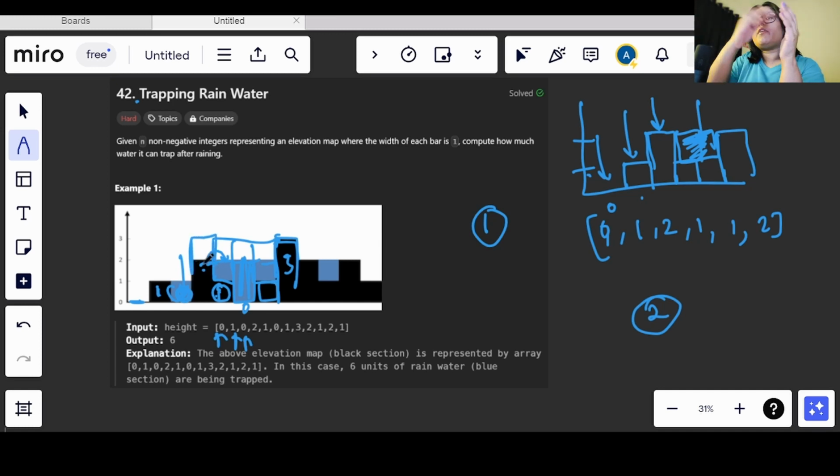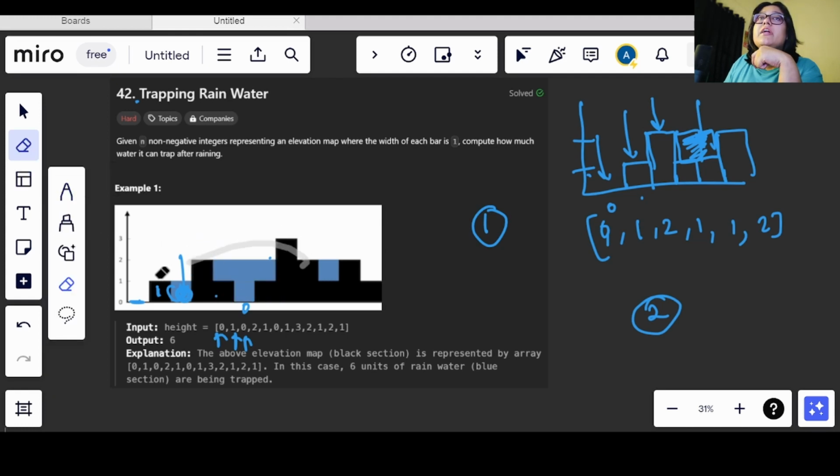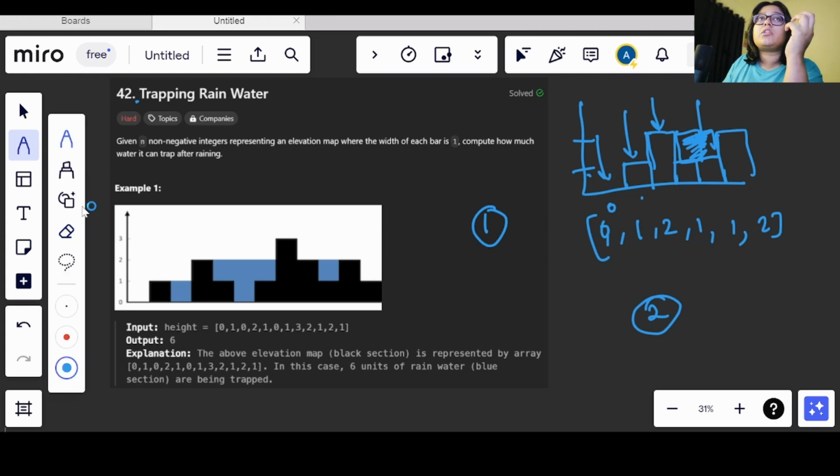So the water will be flowing from the other side, and in order to store anything or a liquid, we need walls from both the sides which will be storing the water or trapping the water in between, right? So since we cannot trap the water here, therefore we will not take the height of 3. Okay, so now we have an idea that although we will be taking the maximum height,